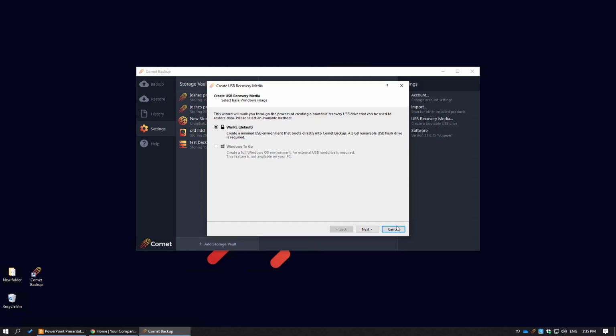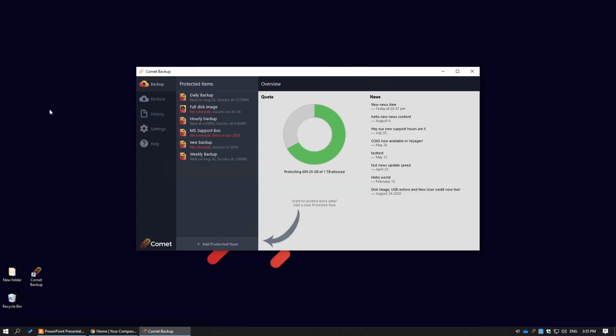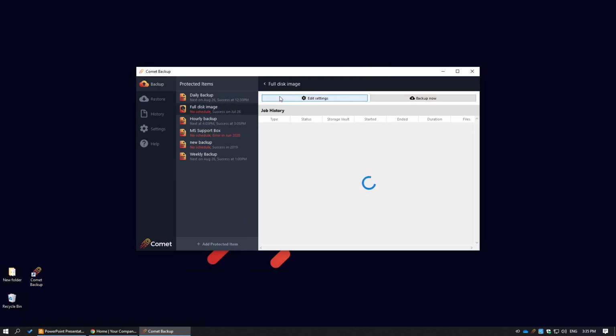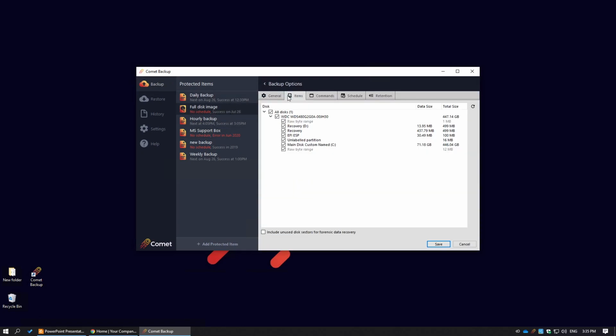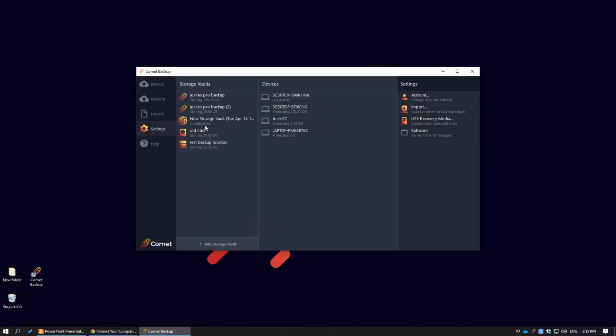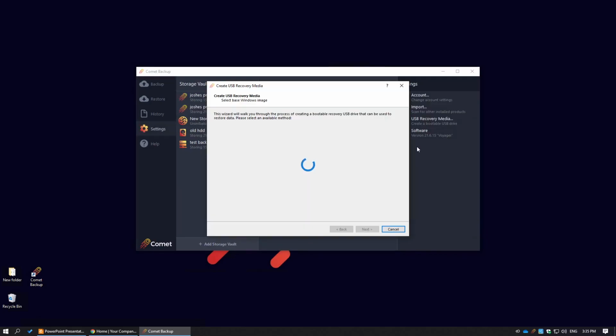So just to quickly touch on our disk image capability, let me jump over to a disk image I have configured here. So I've got the ability to fully image the machine. I'd simply select all disks and that will image absolutely everything, including the OS. Or you can do just an individual partition itself. But let's say, for example, we've been imaging the entire machine of a laptop. The customer rings you